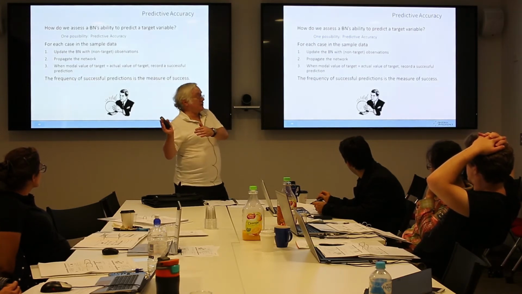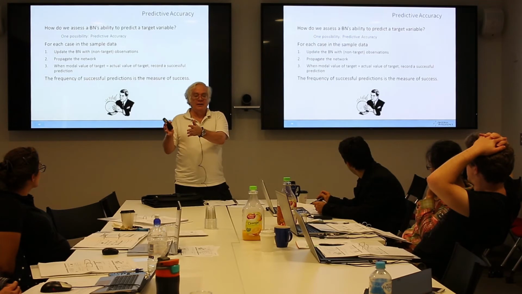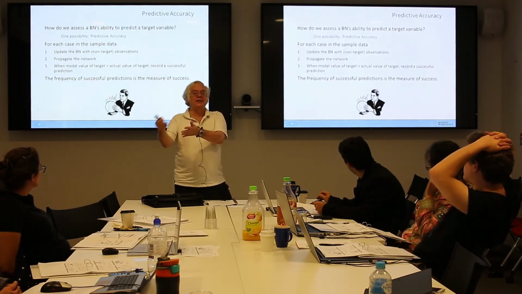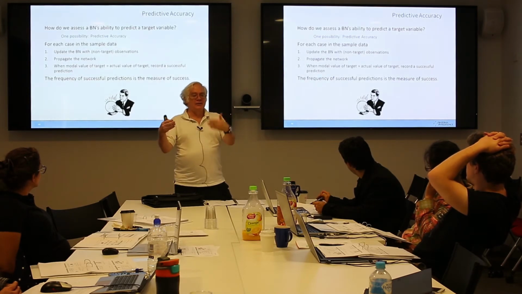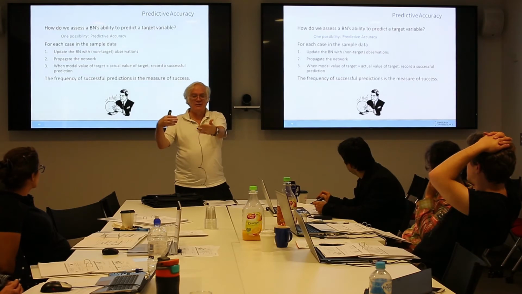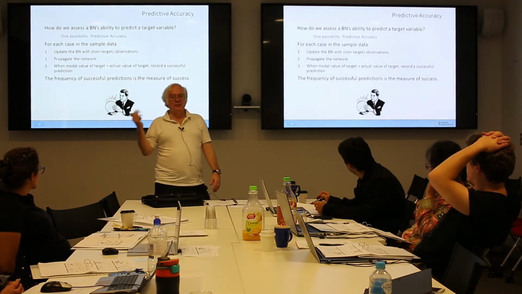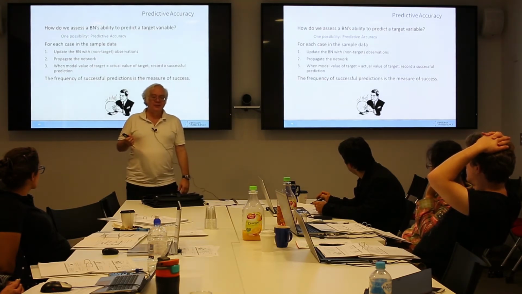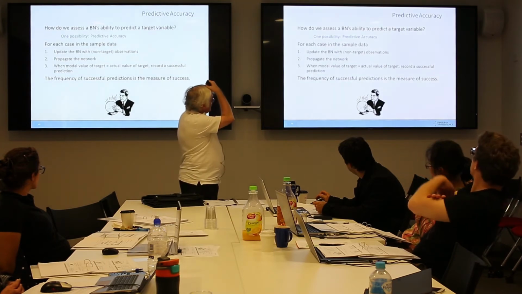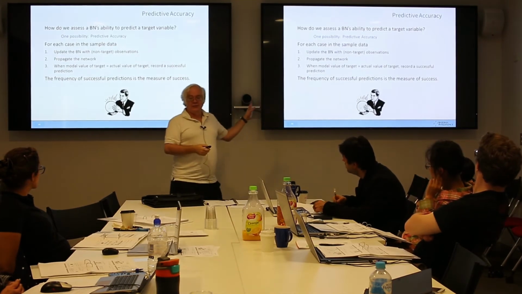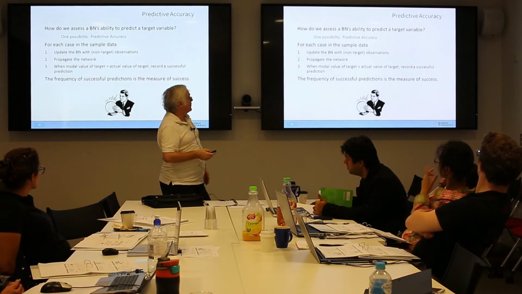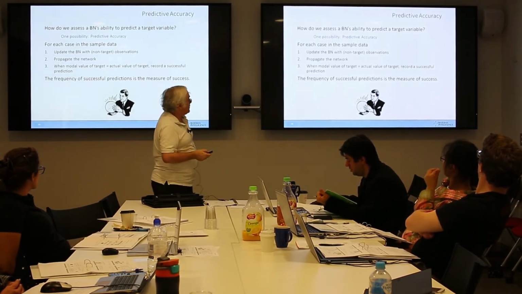For predictive accuracy, the typical approach is to take the modal value of the target variable and say it's predicting that. Then you look at the test data, you complete the observation of your test data to see what the value actually was. If it matches, it's a win. If it doesn't, it's a miss. Then you tally up the wins and divide by the total number of cases, and there's predictive accuracy. Very, very simple. All kinds of problems with that. The problem is not computing it, that's trivial. But interpreting it certainly is a problem.